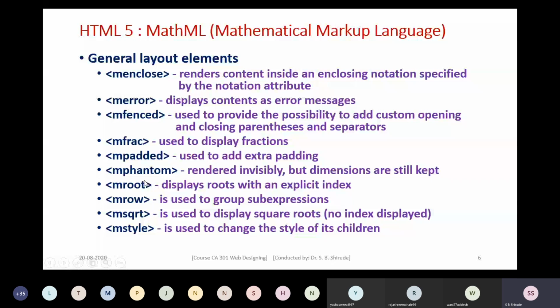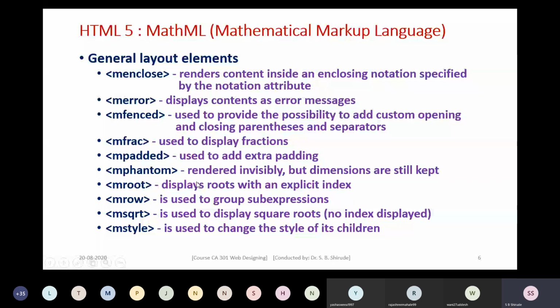Up to that time, you can make it invisible. Later, when you want the reader to read it, you can remove it from mphantom so that it gets displayed. Whatever content you want to keep invisible, you can put into mphantom. But the dimensions will remain so that the user will understand, okay, there is something, but now it is not applicable and therefore it is removed. For such a thing, we can make use of mphantom.